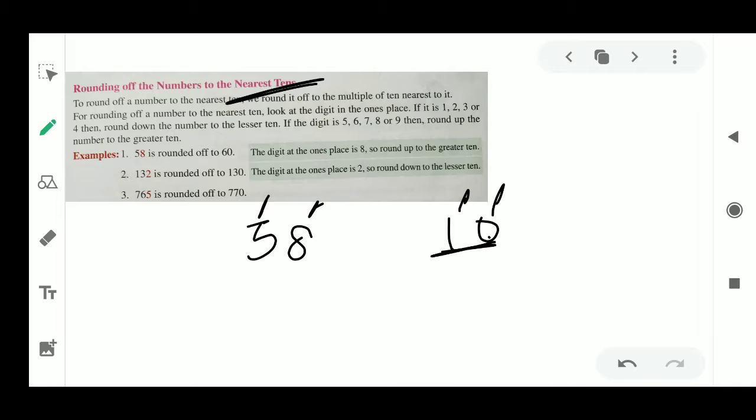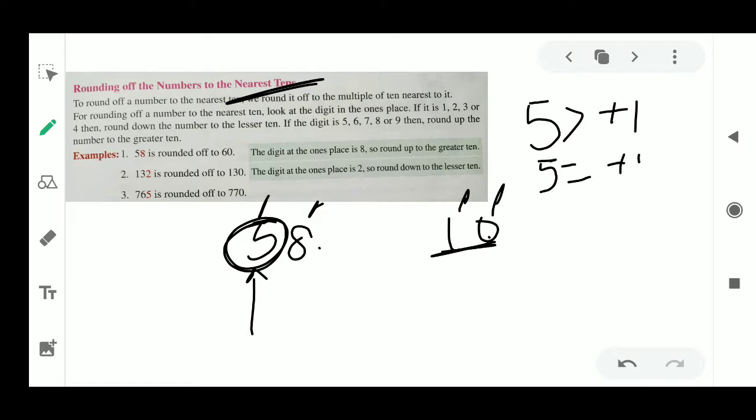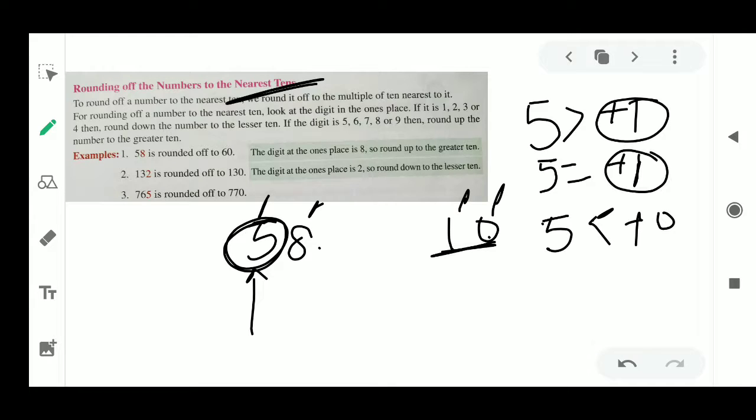Now, where your reading is over, reading is over means ones, tens. You read up to tens. So this last one you round, circle it like this. Next you put one arrow like this, and you always remember one rule: if it is 5 or greater, then we will do plus 1. If less than 5, then plus 0. You will understand the significance of this now.